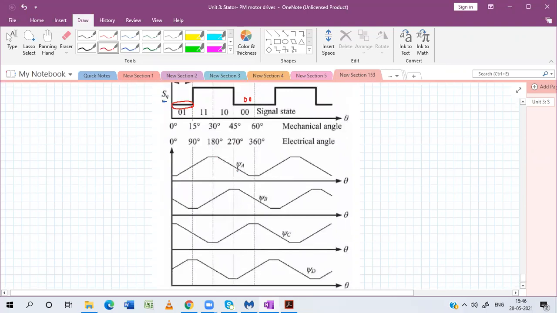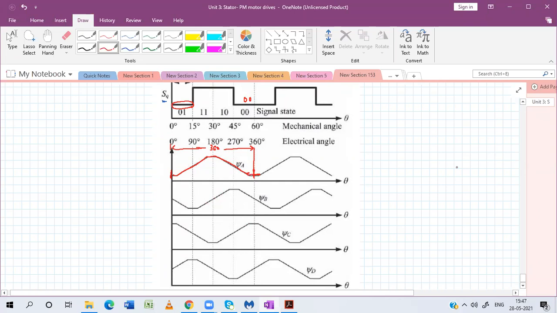So here you will observe that this is, you can say, like an inductance envelope. Here you can see that one cycle is completed over here. This is the one cycle, because the same shape is again repeating. In electrical terms, 360 degrees is completed because one cycle is completed. After that the same shape is again repeating. So the shape of the inductance waveform depends on this.